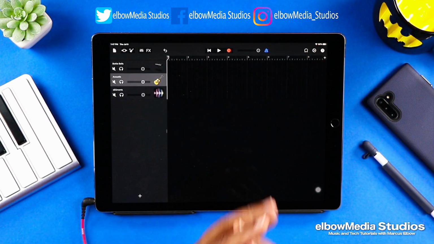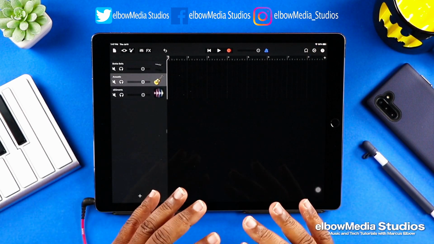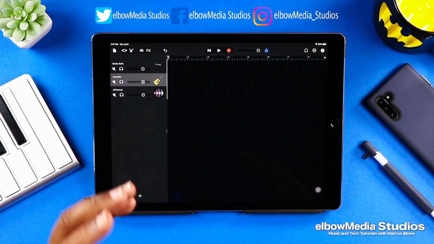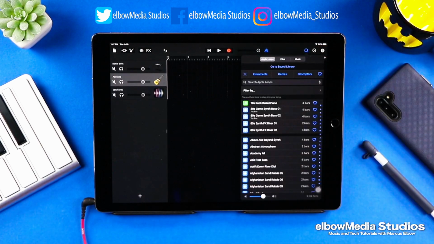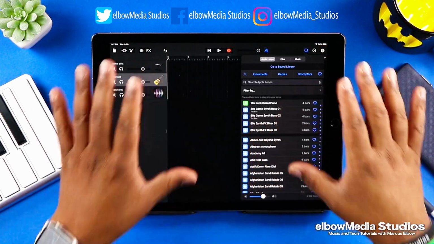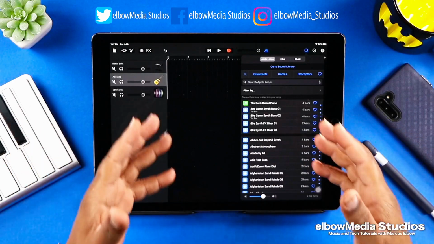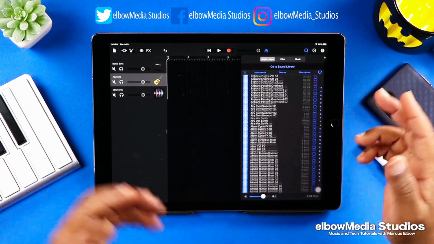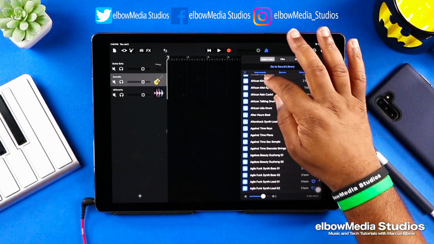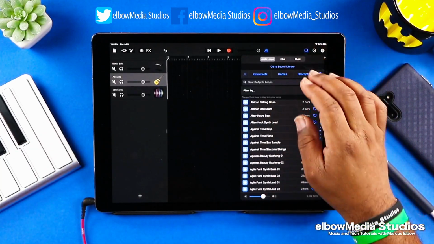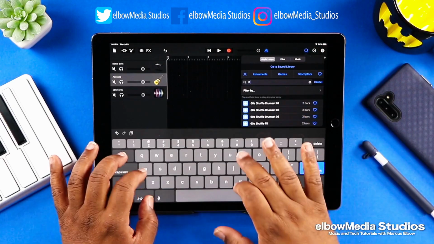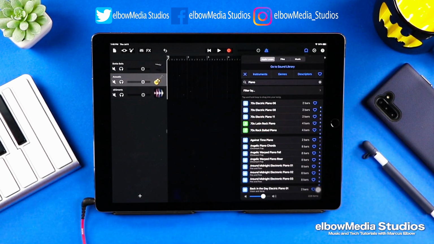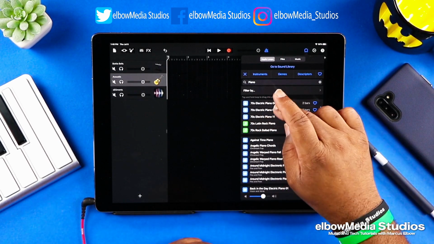And then you also have the loop function, which is very, very cool for a novice, or even if you're a super producer and you just need to get a kit or something in. You can easily hit your loop button and download all the sounds that come free with GarageBand. Once you download all those, you can go through here and search by genre or by instrument, however you want to do it. If you hit instrument here, you can hit the search button, type piano, and then hit search, and it will bring up all of the piano loops. And if you just hit it,